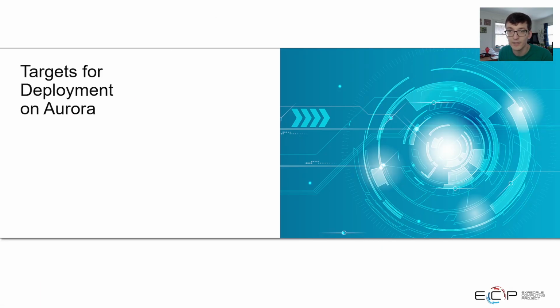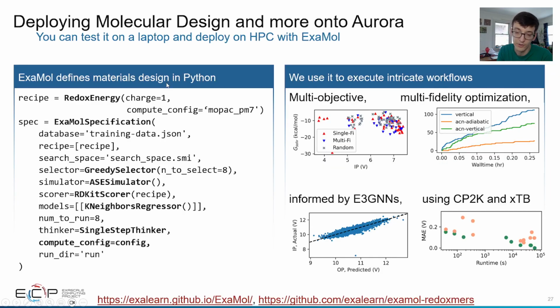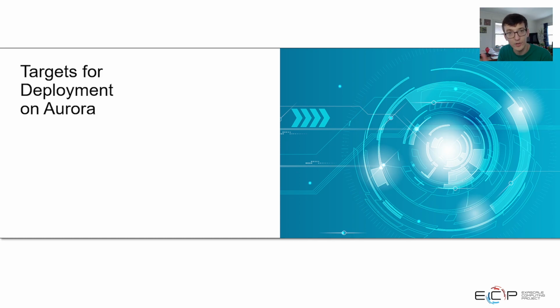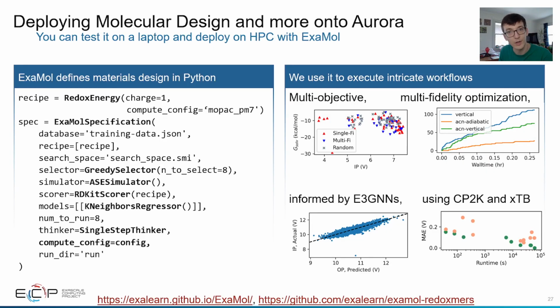And to give you a little bit more idea of the types of things you can build with Colmena, let's talk a little bit about our target applications. The first target applications are for Aurora, the supercomputer now up and running at Argonne, and that we've been experimenting on for a couple different science projects. One of which is the molecule design work that we've been studying since the beginning of my time on the project back in 2019. Nowadays, we've introduced those multi-step, multi-fidelity machine learning efforts, and we've also taken the application from